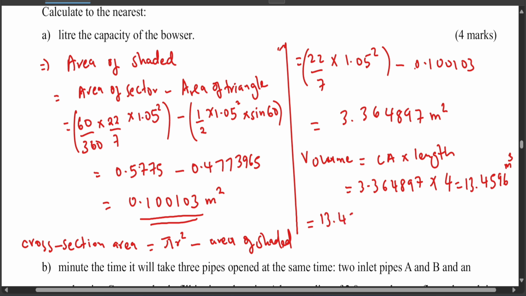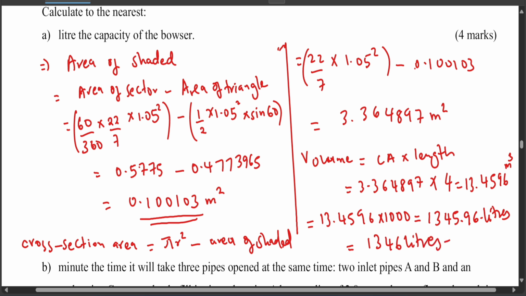So 13.4596 times 1000, because 1 cubic meter is equal to 1000 liters. So multiply by 1000, so 13.4596 times 1000 gives you around 1345.96 liters. Now you've been told to the nearest liter, so which is around 1346 liters, if I'm